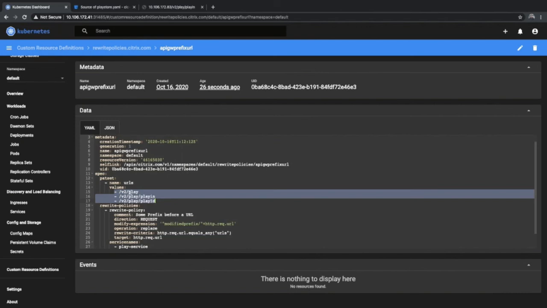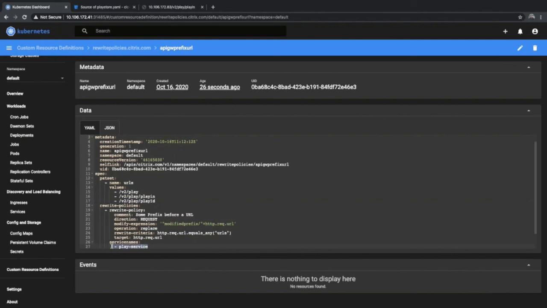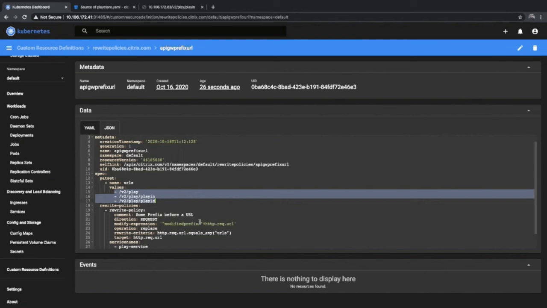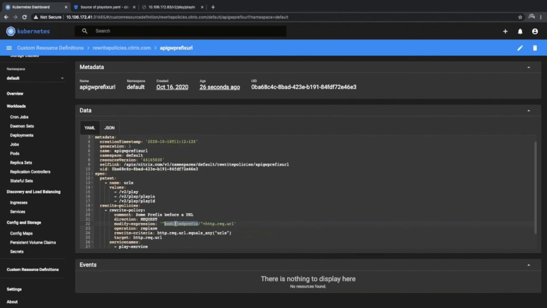So anything with the tag play will be matched and then applied with this particular rewrite policy. And the role of the rewrite policy here is, if any URL going to play service as a backend matches any of these path patterns, rewrite their URLs with this particular prefix. That is the policy applied.